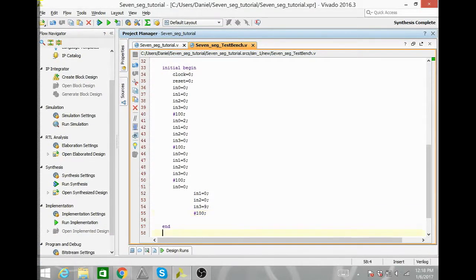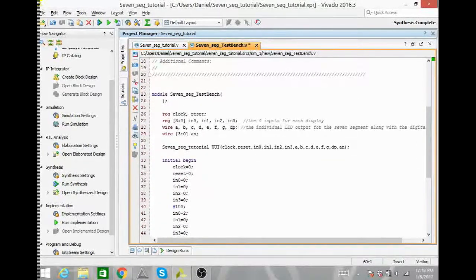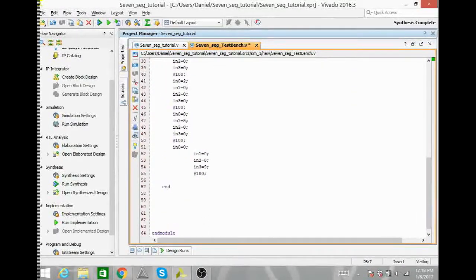No, good to go. Alright, so the last thing you want to do is, anytime you have a clock and you're trying to use the clock on the BASYS board, in simulation you have to simulate a clock that oscillates. So to simulate a clock that oscillates, all you have to do is in always begin, and you do pound 5 clock